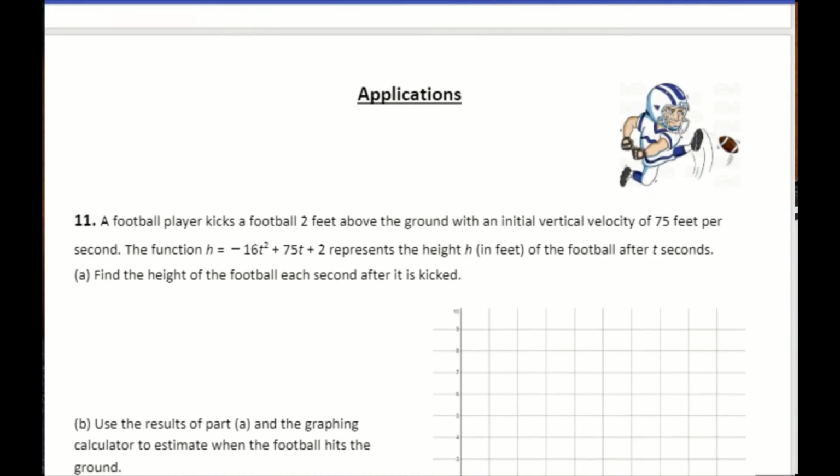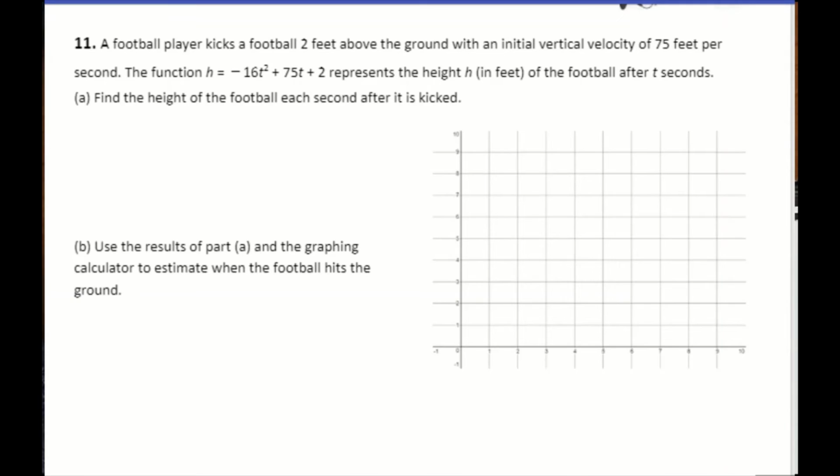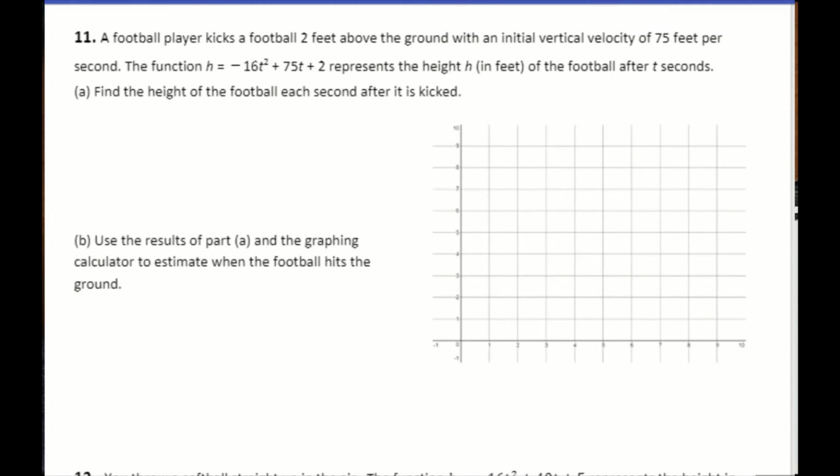All right, so let's start with this football problem. It says a football player kicks a football 2 feet above the ground with an initial vertical velocity of 75 feet per second. This function represents the height in feet after t seconds. Find the height of the football after it is kicked. So h stands for height, t